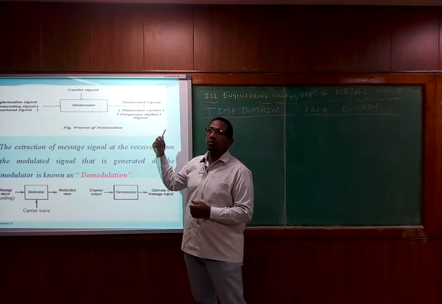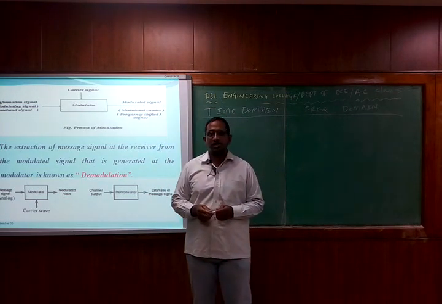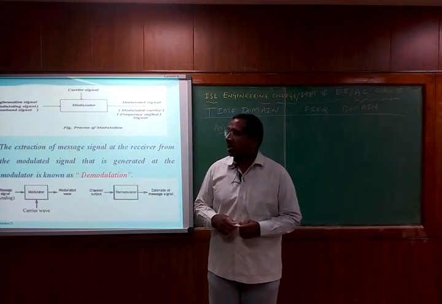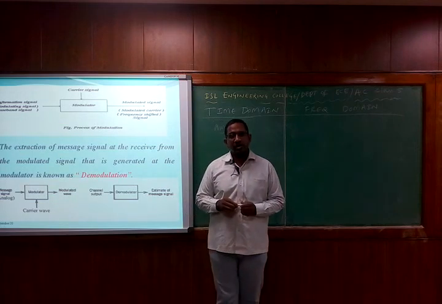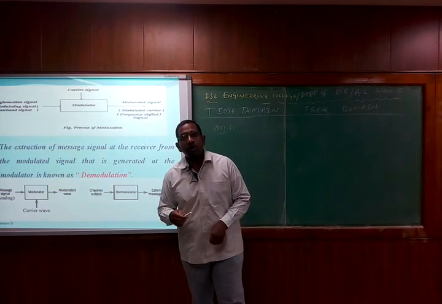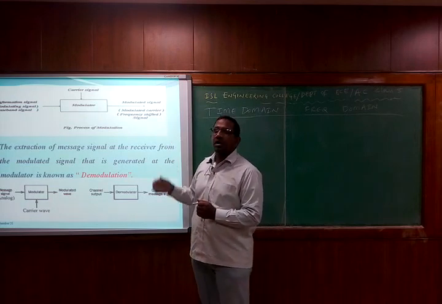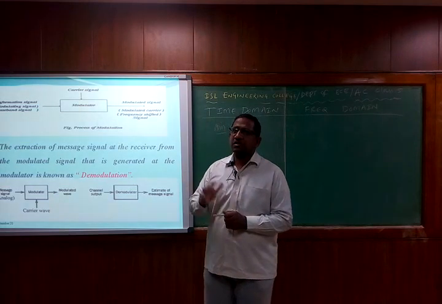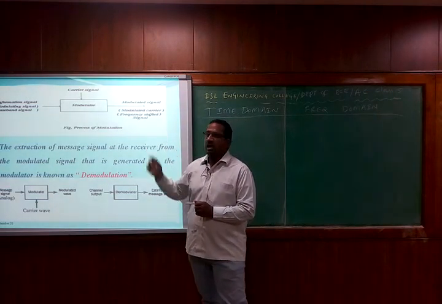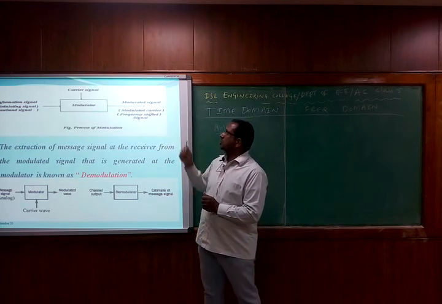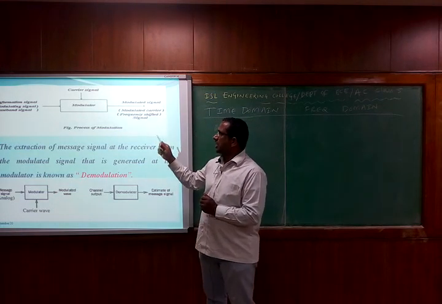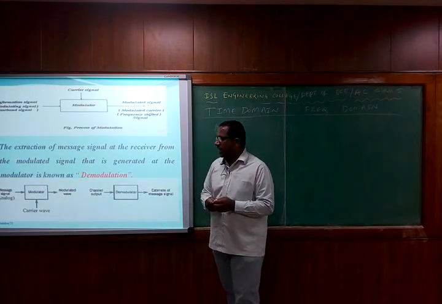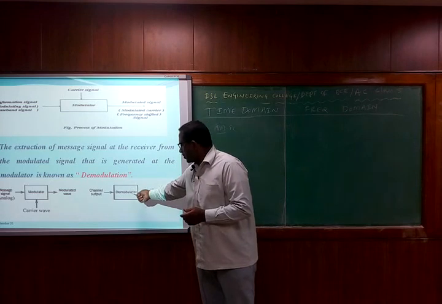The modulator is going to modulate based on the type of the modulation. If the modulator is an AM modulator, it simply amplitude modulates the carrier. If the modulator is an FM modulator, it is going to modulate the frequency of the carrier. If the modulator is a PM modulator, it is going to modulate the phase of the carrier signal with respect to the amplitude variations of the information signal or the message signal, and the output is going to be a modulated signal. That is the process of modulation at the transmitter side. Now on the reception side, what will happen? At reception, we are going to have a demodulator.